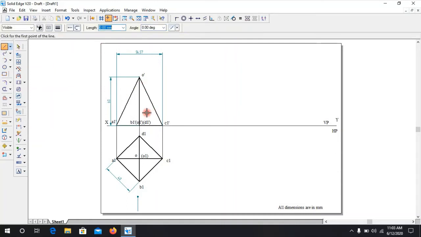I am explaining how this copying can be done using the manual method in a graph sheet. In software, you can directly copy paste this object from the first step to the second step. When you do it manually in a graph sheet, you have to measure this dimension. It is 56.57. So draw one line of dimension 56.57, inclined at 50 degrees because this is the base inclination. Now this is point A1 dash, this will be point C1 dash, and here exactly at the center you will be having point B1, O1 and B1 dash.